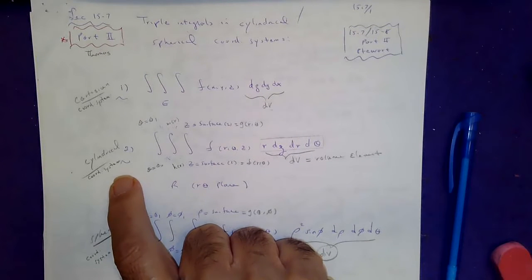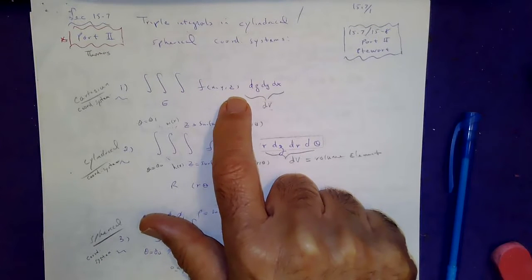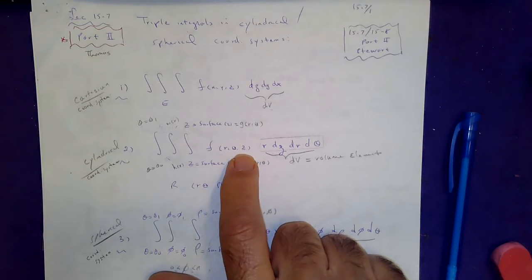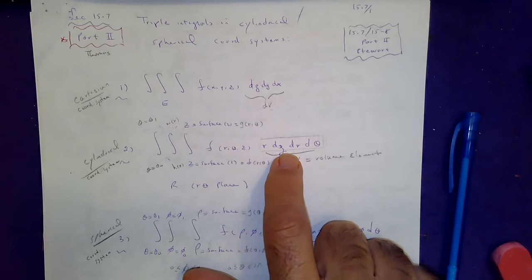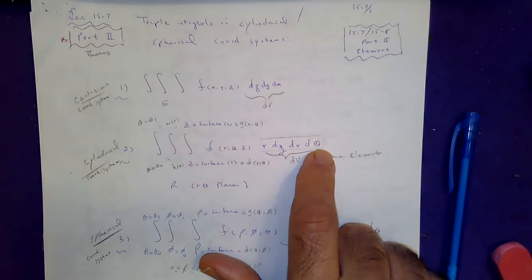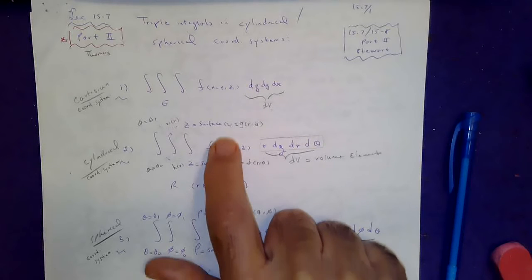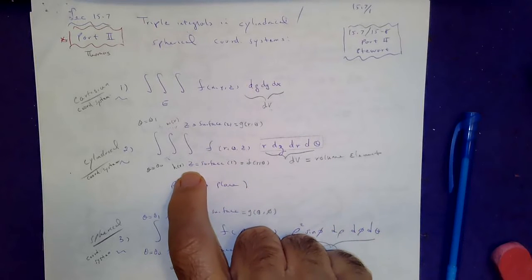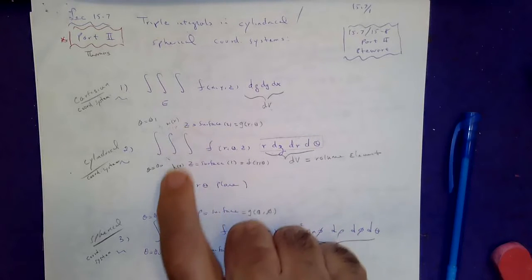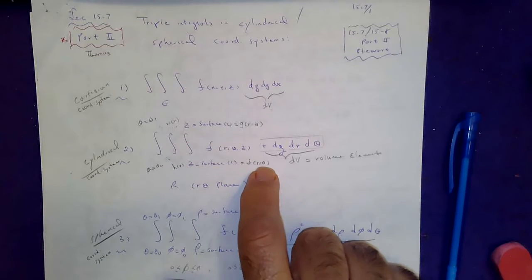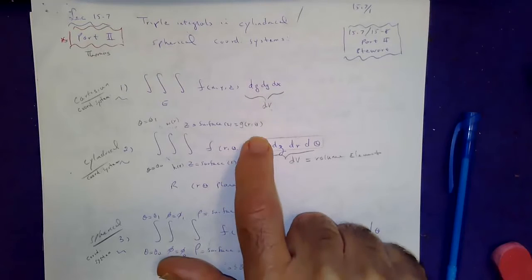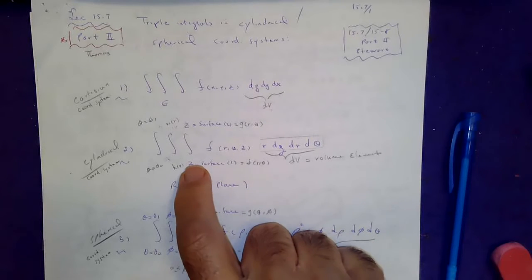Turns out in cylindrical coordinates, the function of x, y, z becomes a function of r, theta, z, and the volume element becomes r dz, dr, d theta. However, z goes from surface to surface, r goes from curve to curve, and theta is constant. But the surface has to be expressed in terms of functions of r and theta, whereas the curve has to